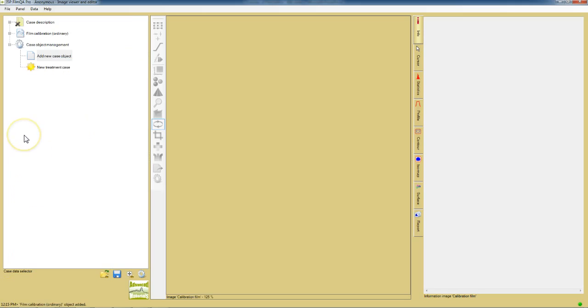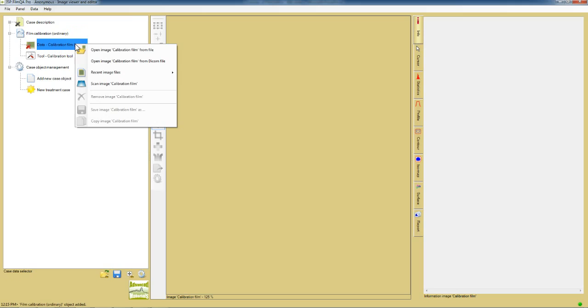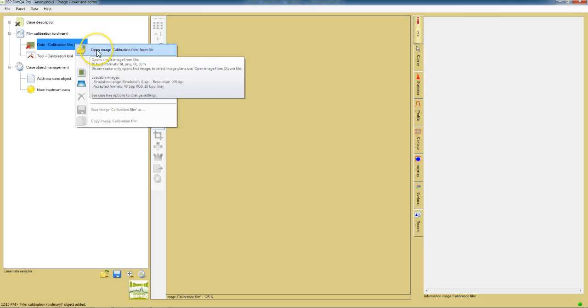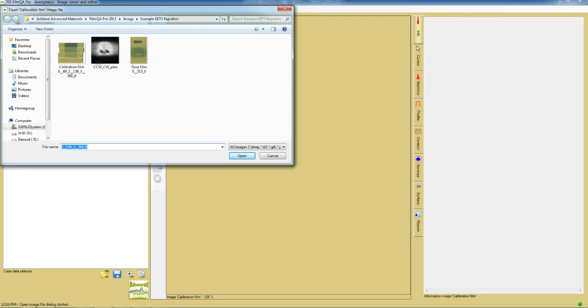Click on Film Calibration Ordinary, and when the film calibration object appears in the case tree, click the plus sign to expand the object, and then right-click the line Calibration Film Empty. From the menu panel that appears, select Open Image Calibration Film from File. Navigate to Program Files / Ashland Advanced Materials / FilmQAPro 2013 / Image / Example EBT3 Rapid Arc, and open the TIFF file that begins